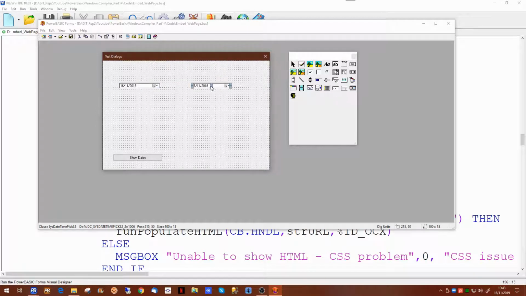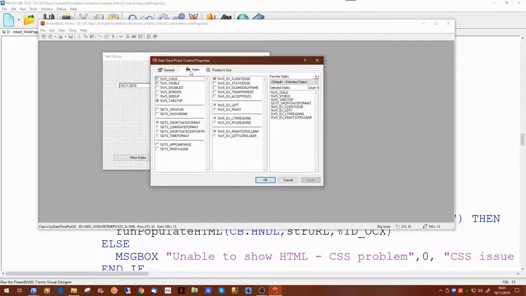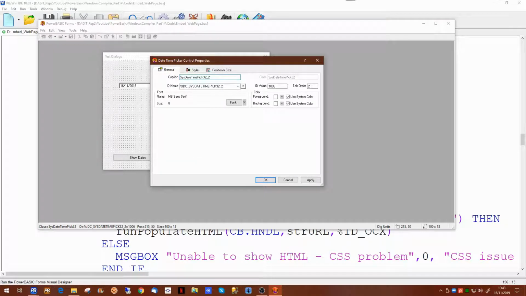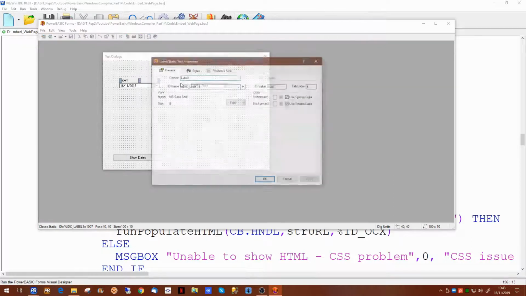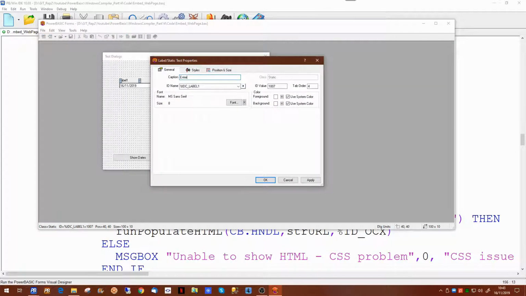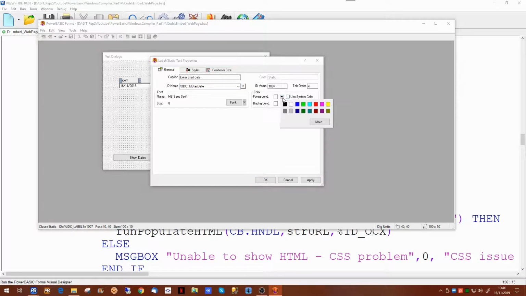And we'll do exactly the same with this one. We will change its style to short date century format, and we will change its name, its handle rather, to end date. So we're going to have a start date and an end date on the screen. So just to indicate to the user what we're actually doing, we'll create a couple of labels to sit above, and we will call this enter start date, and we will highlight its color as blue,